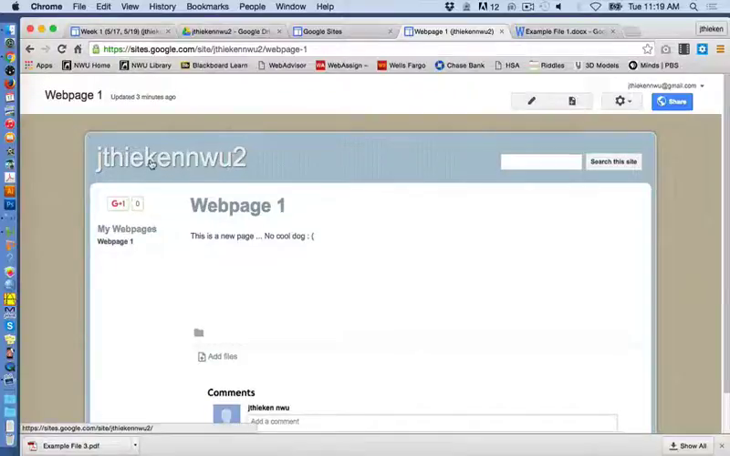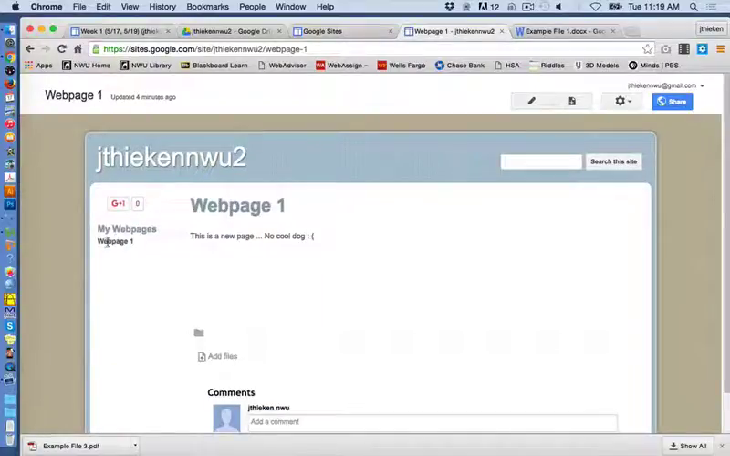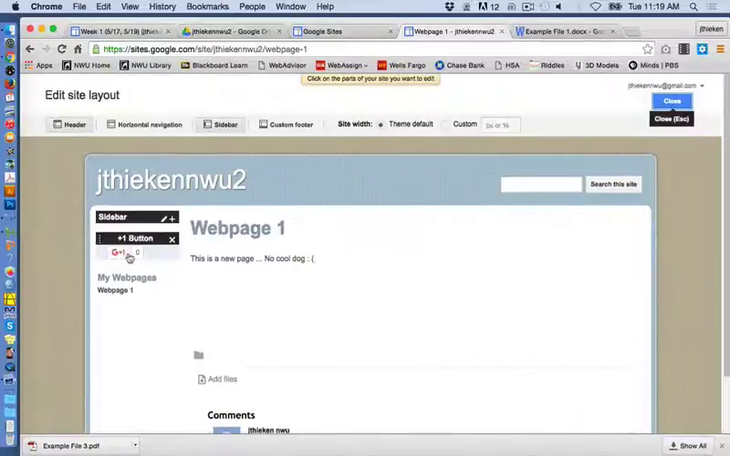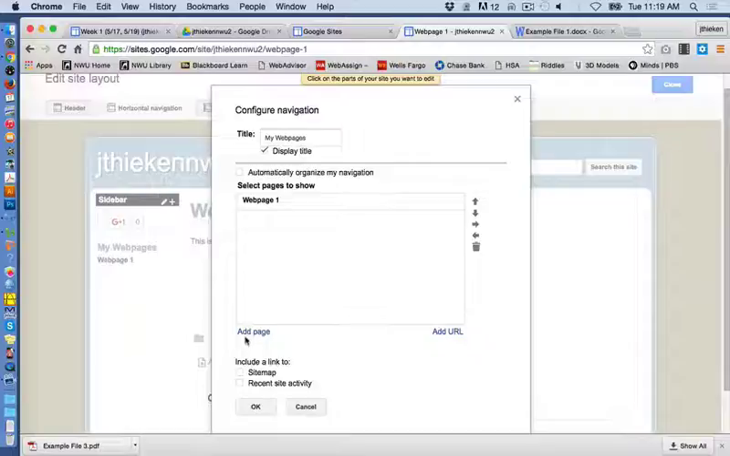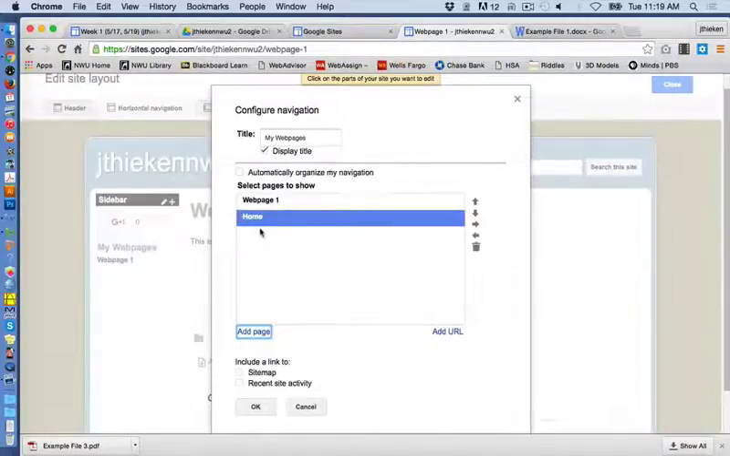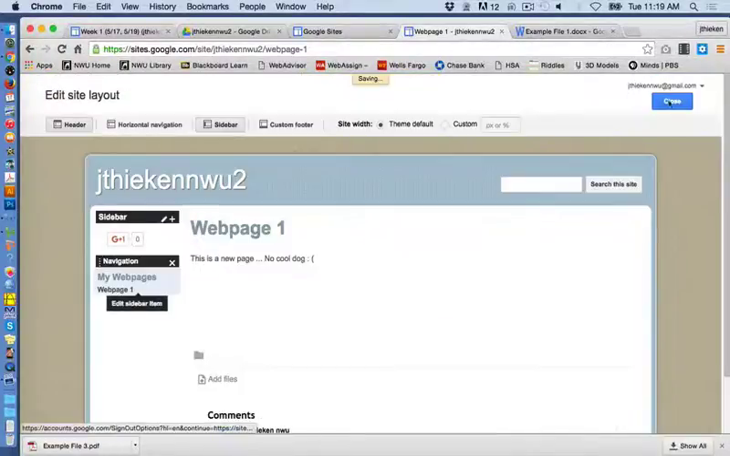All right, so now if I go to my home page and I click page 1, I'll go to page 1. If I wanted to, the home page isn't here. So let's go to edit site layout. Remember when I hover, I get to change whatever I want. And now let's actually add another page, and let's add our home page. Okay? And let's say I want home page to come above. That's what these arrows are for. I just scroll up, and home page is above. So now when I hit close,